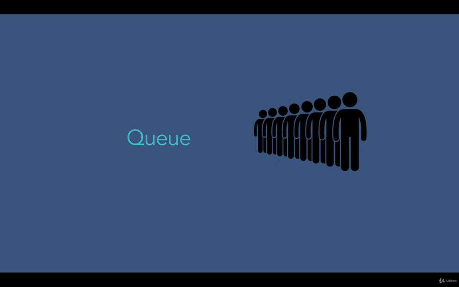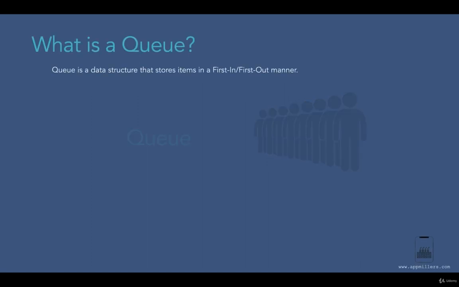linked lists. And we are going to perform various operations like creation of queue, enqueuing, dequeuing, peeking and deleting on these queues. Now in the first lecture let's see what is queue. So let's get started. Now, by definition, a queue is a data structure that stores items in a first in,